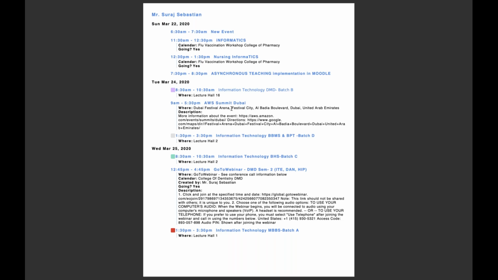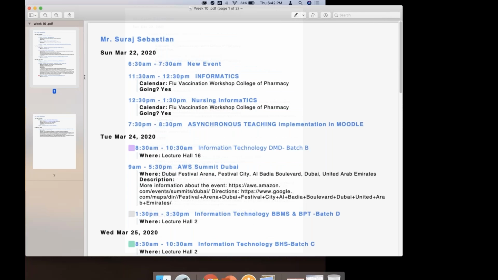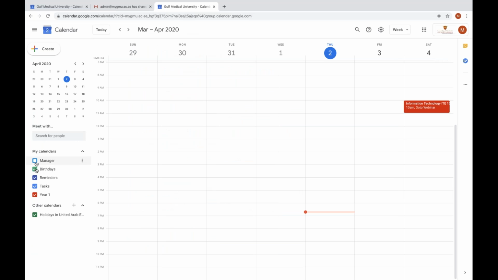What you need to do is go back to your calendar, and in the calendar, you need to uncheck the ones which you don't want. For example, I wanted to just take a report of year 1 alone, so I can just check year 1 alone. I can go to the schedule, and then when I come to the schedule, go back to the